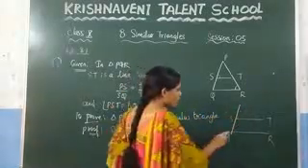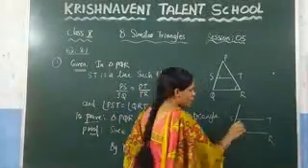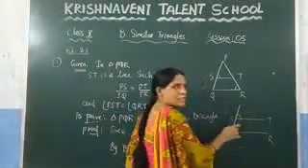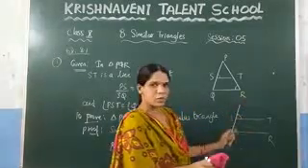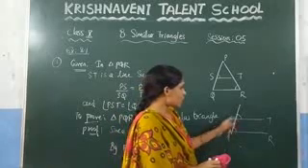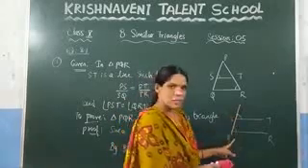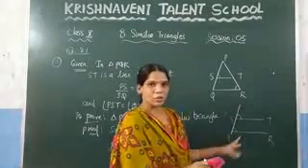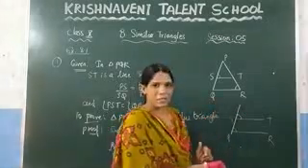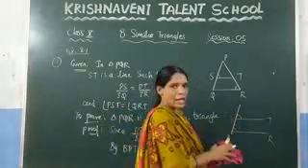So here, what is this angle? Interior angle, because it is lying inside the parallel lines. And what is this angle? Which is an exterior angle, because it is lying outside the parallel lines. So here you can observe that these are the corresponding angles, because they are lying on the same side of the transversal, and one is interior and the other is exterior. And you know that corresponding angles are equal. So from this you can say angle S is equal to angle Q.